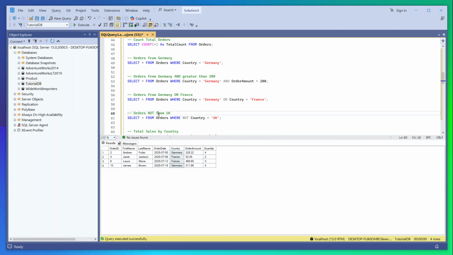So the next one is select asterisk from order where not country equal UK. It is going to exclude UK. You can see we have the country here. We have Germany, France, Australia, Brazil, Spain, France, Sweden, Germany. So UK is excluded. UK is ID number 1 and ID number